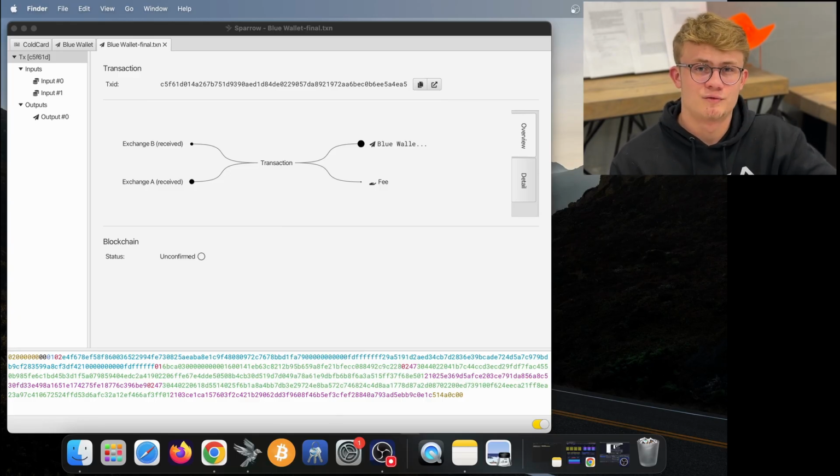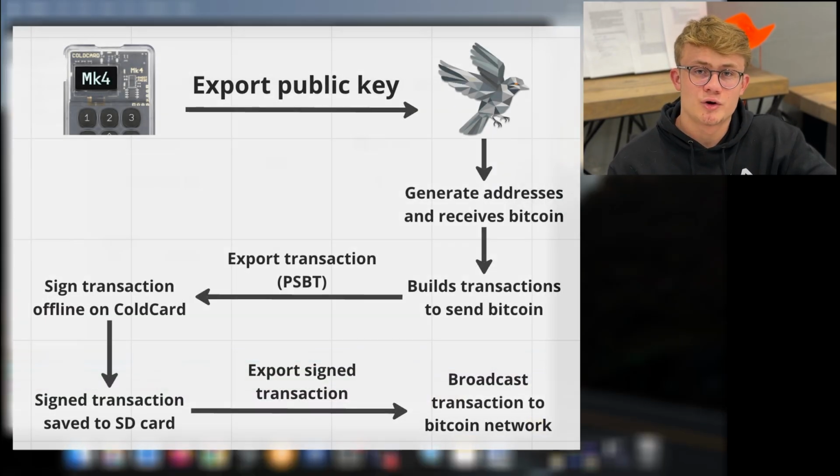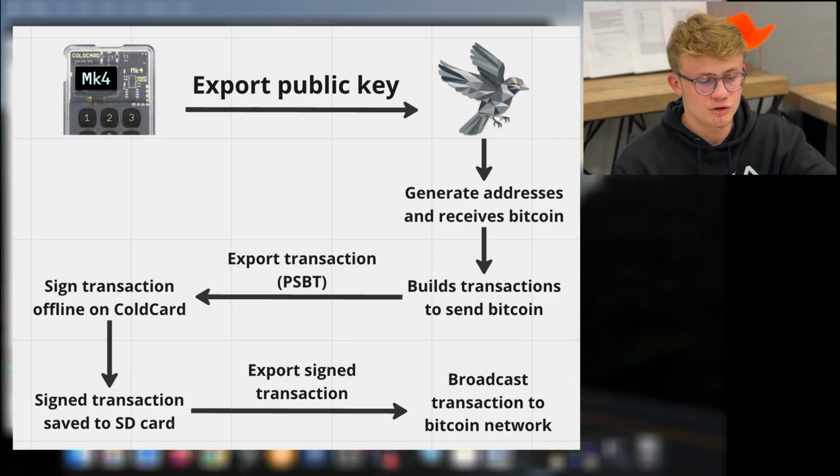Just a quick recap of what we actually did is we exported the public key from our ColdCard onto Sparrow. Sparrow can then generate Bitcoin addresses, which we did, and we sent some Bitcoin to those addresses. We then wanted to spend that Bitcoin. So what we did was we built the transaction in Sparrow using the public key. Then we had to export that via SD card onto the ColdCard